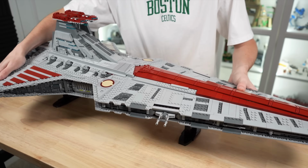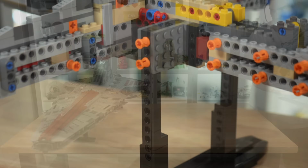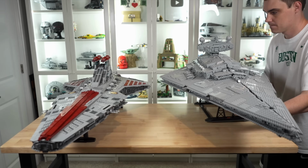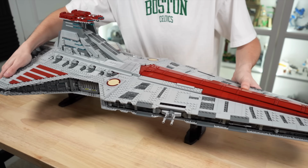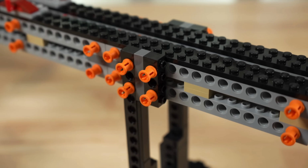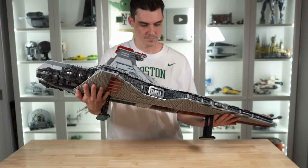The stability of this UCS Venator model is something to note. It's so good. It's so strong. Compared to the UCS Star Destroyer from 2019, they made so many improvements for something that you would think would be so similar, but it's really not. It's completely different as far as the build and the skeleton goes. They really improved it in a lot of ways and made it so strong, so sturdy, so easy to pick